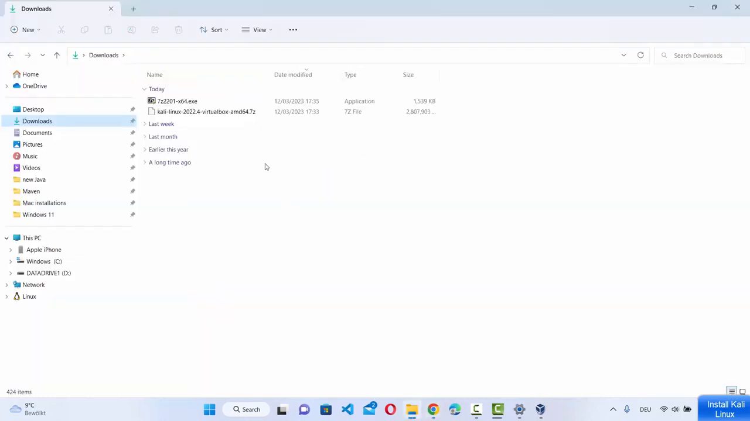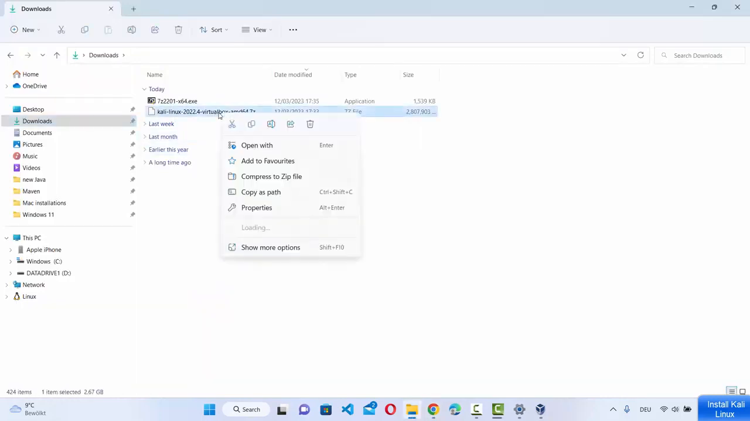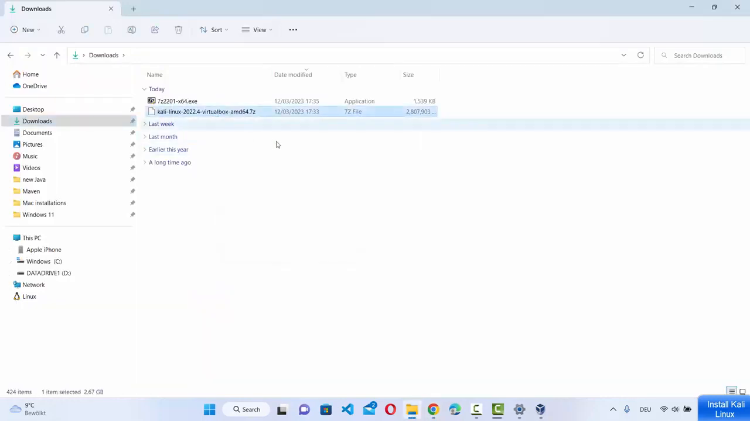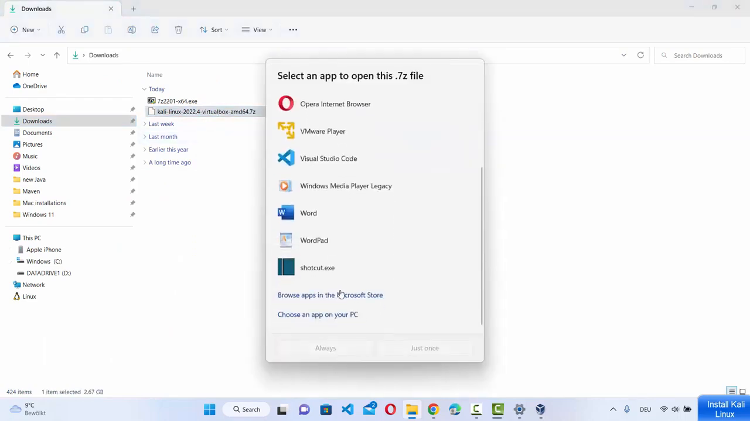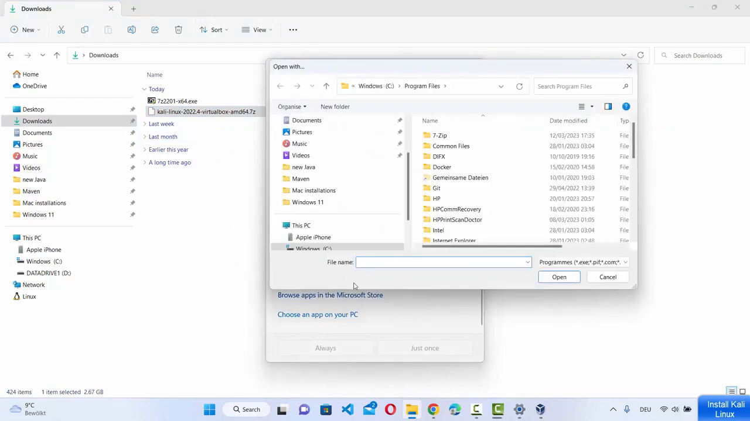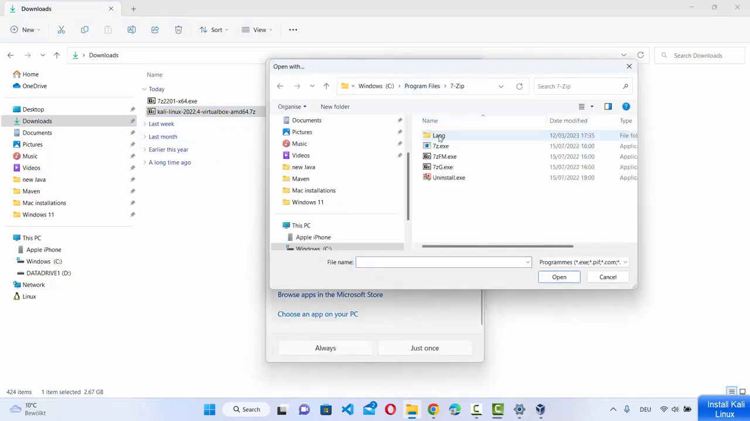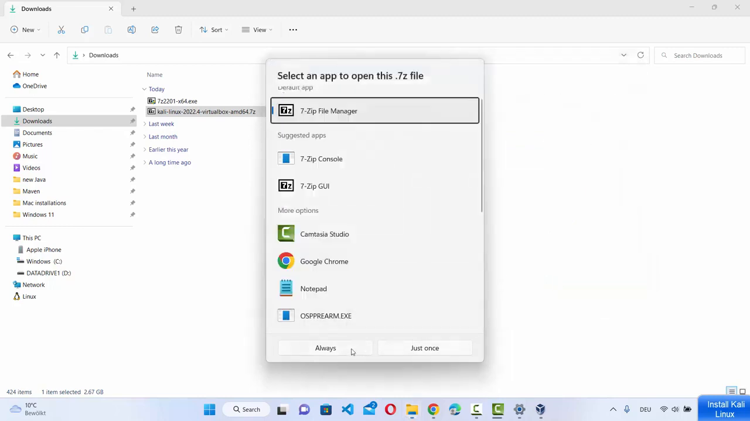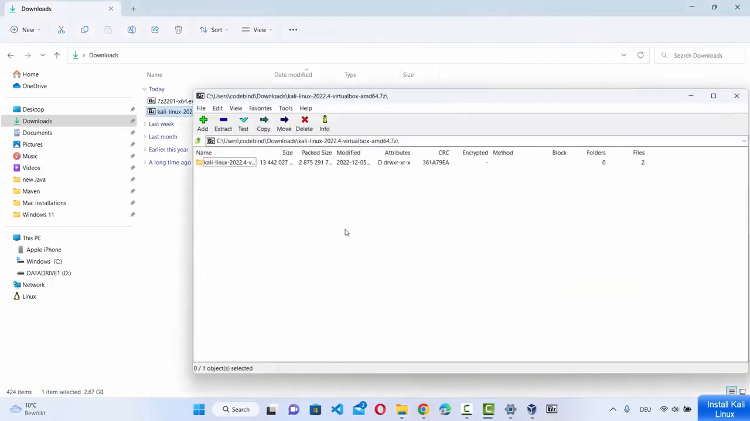And now just go to the folder where you have downloaded Kali Linux 7-zip file, right click there, or you can even double click there, and then you can just click on browse an app on your PC, and then in the program files you just go to 7-zip and then here choose 7-zip FM. So it's called 7-zip file manager.exe file. Just select this and then click on open, and then click on always here, which is going to open this